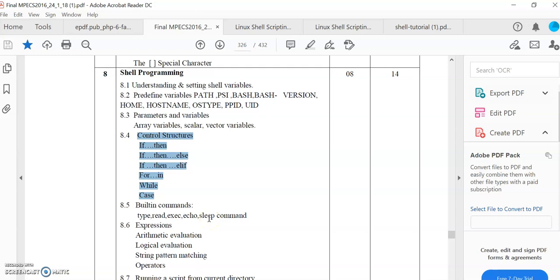That script will be executed, and it contains a set of commands, rather than writing them separately on the terminal. This set of commands we write in one file, and that file we can reuse multiple times. That is the use of a script.